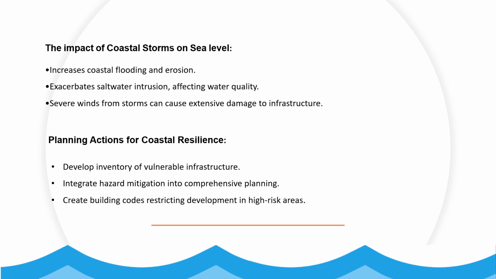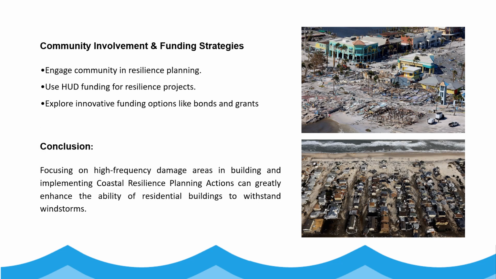What is the planning and action for coastal resilience? First method is to develop an inventory of the vulnerable infrastructure, integrate hazard mitigation into comprehensive planning, create building code restrictions and development in the high-risk areas. And finally, by paying attention to the effect of community involvement and funding strategies. For instance, engaging the community in resilience planning, using HUD funding for resilience projects, and exploring innovative funding options like